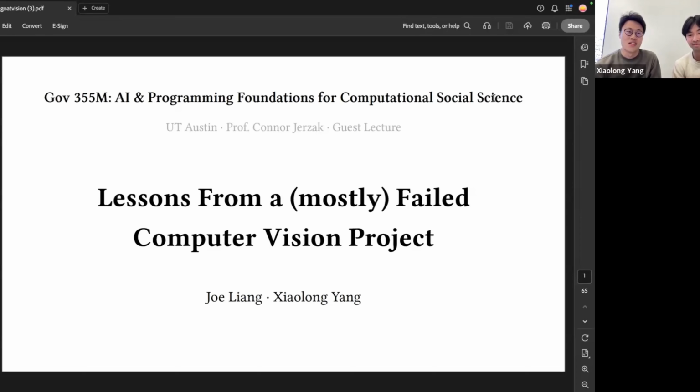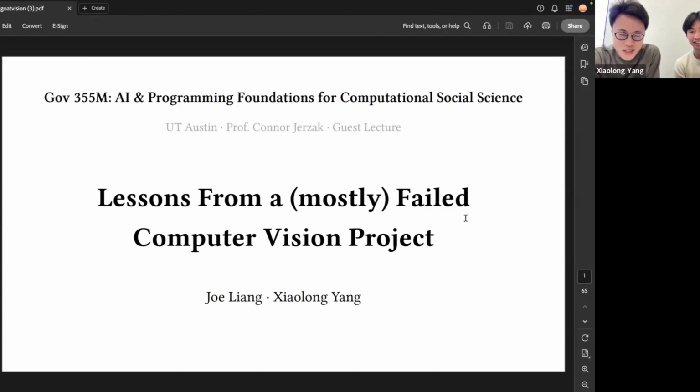Last semester, because I didn't take any computer science class formally before, I thought I would take one. And luckily, I was able to run into Joe. We realized that we both use this knowledge organization software called Obsidian. That's also why Joe reached out in one of the sections at first. Then we just decided to talk a little more about projects, and eventually we did this project together. We're really excited to share with you the whole journey that we went on. Let's jump in, and thank you again for coming.